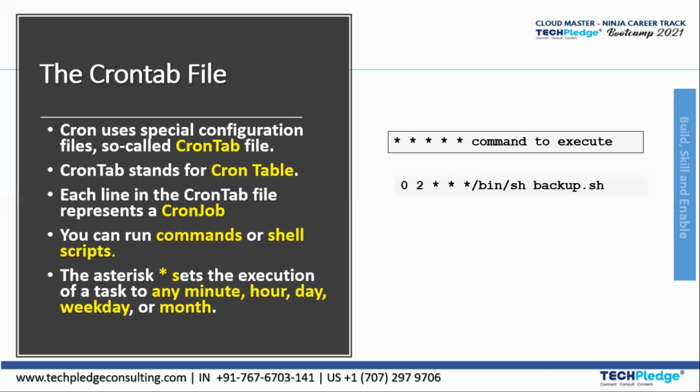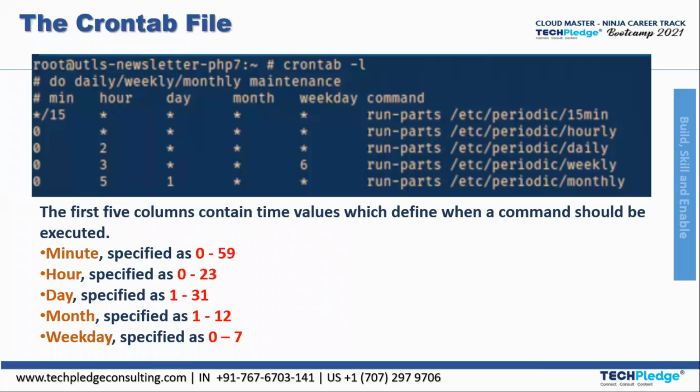So if you have any backup or restoring features to do, or if you want system updates weekly, what you can do is take any weekday and put that number in the fifth star. You can just write the fourth weekday, then give your path name and write the command for your system update. So it will update on that weekday. This is how a crontab file works, and the crontab file looks like this.